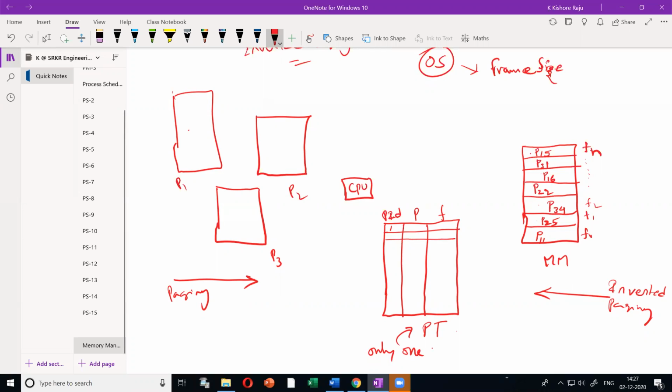The number of rows in the page table is equal to